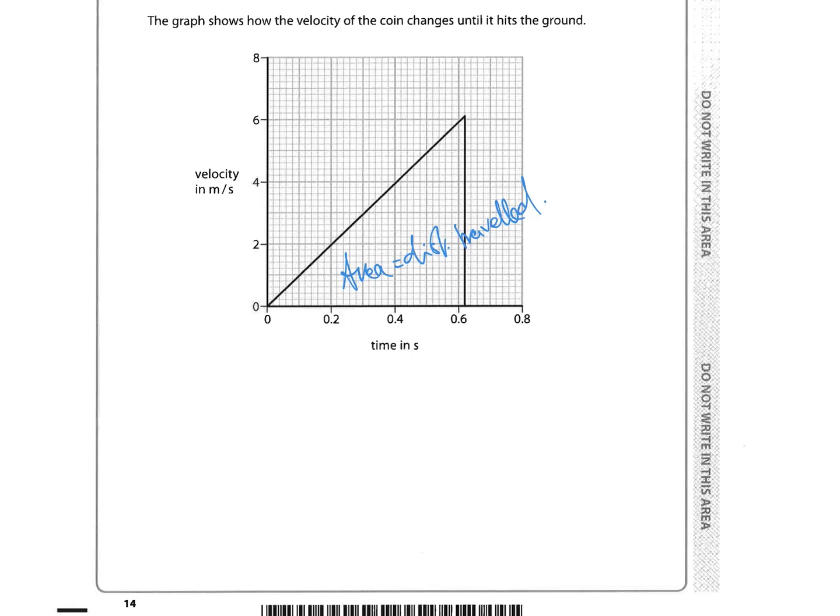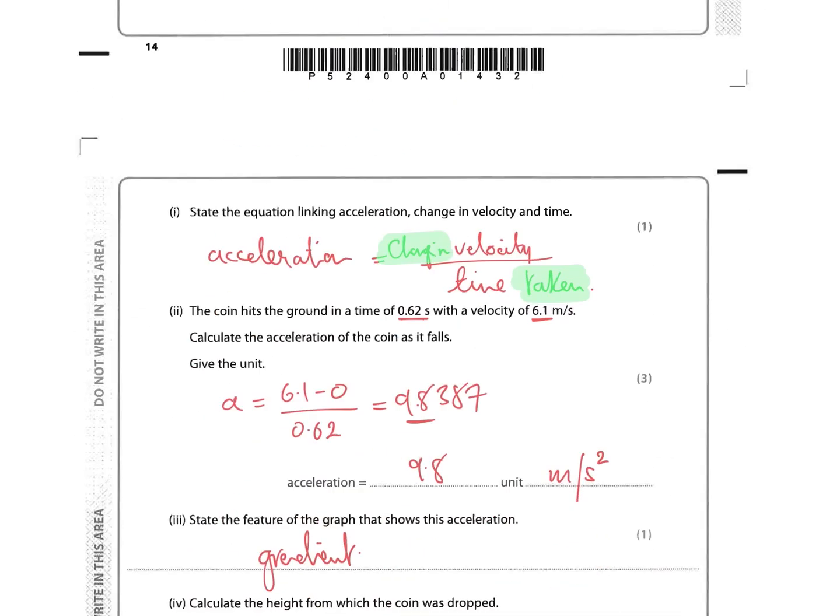So the area is going to be a half times the base times the height. And we know that the base is 0.62 and we know the height is 6.1. We were told that. So if I then just substitute those values